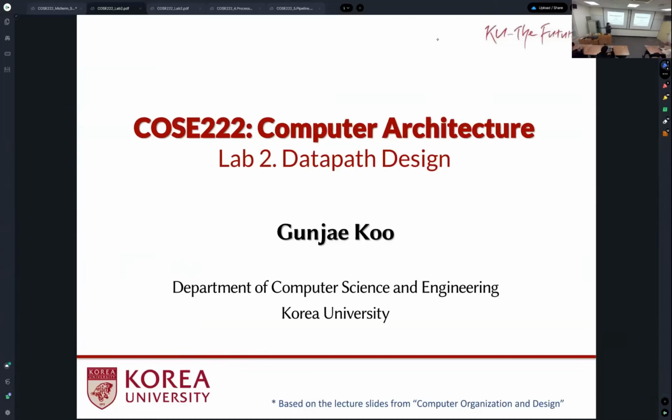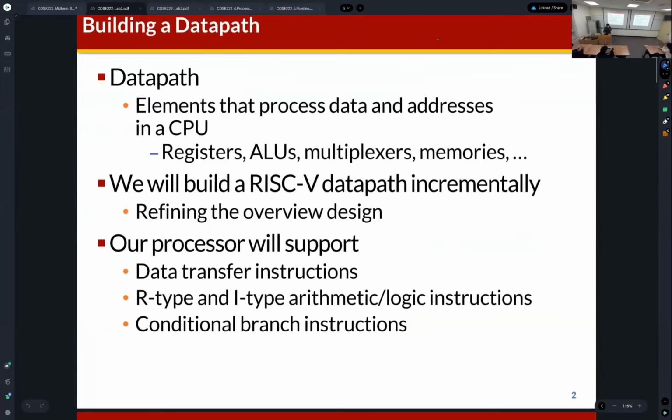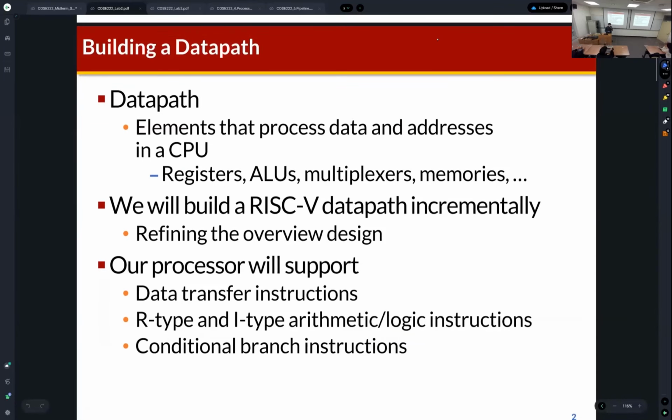So actually also the lab assignment number 2 will be posted on the Blackboard. I believe it is automatic. It was automatically posted at maybe 1 a.m. tomorrow, I believe. So actually, in lab assignment number 2, you are requested to design data path elements using